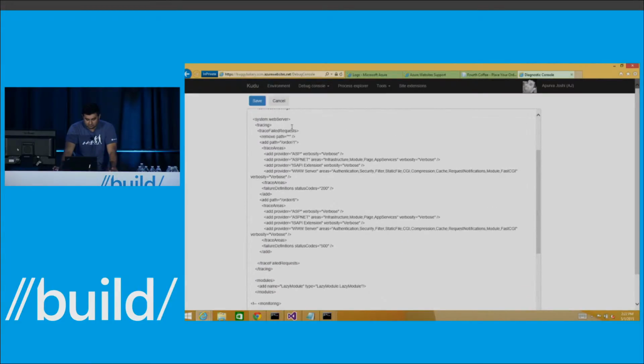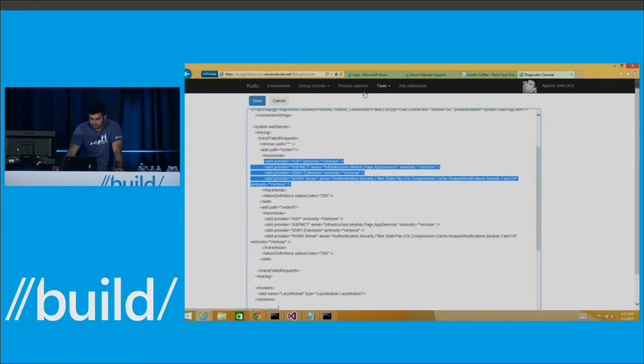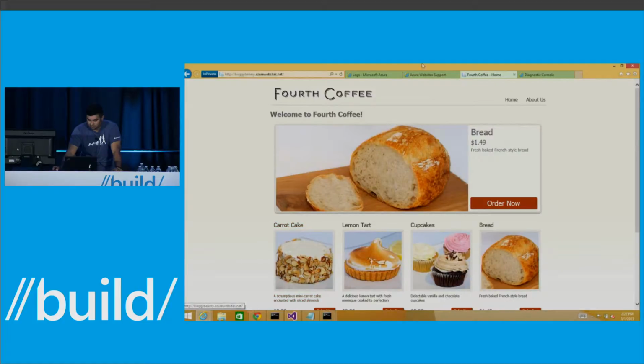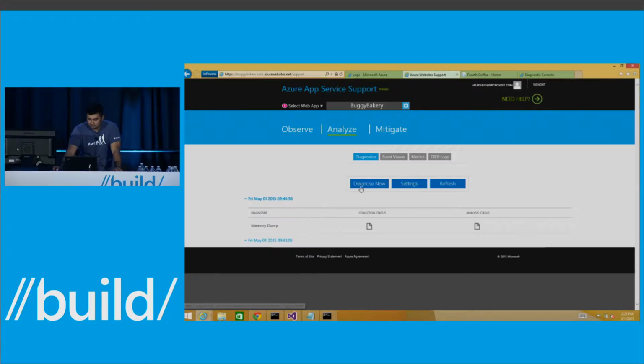And you'll see I have a rule basically set to say, trace everything in order one path. Trace all the providers, and the failure definition is status code 200. You can have a failure definition of time taken. You can say, if this page takes more than 20 seconds, then only trace it. I'm tracing it right now for every single request, and then there's another rule that basically says trace for 500 or whatnot. Since I had this turned on, and I was tracing the order one page, which happened to be this specific order one carrot cake, I can go to my support site, click on Analyze,